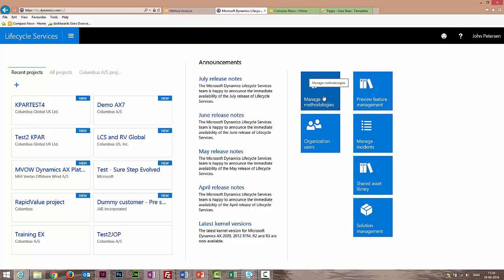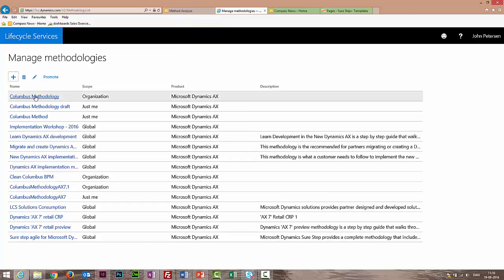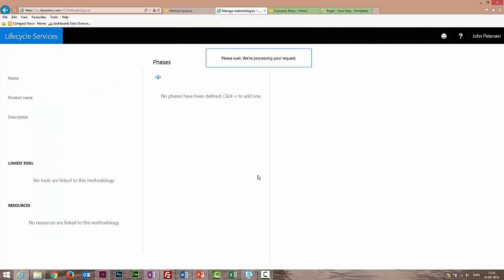What we have done here is we have a feature in Lifecycle Services, which I'm in now, where we can manage methodologies. And by the way, we can share this across the countries in Columbus. So if I click here, and I go into the Columbus organization,